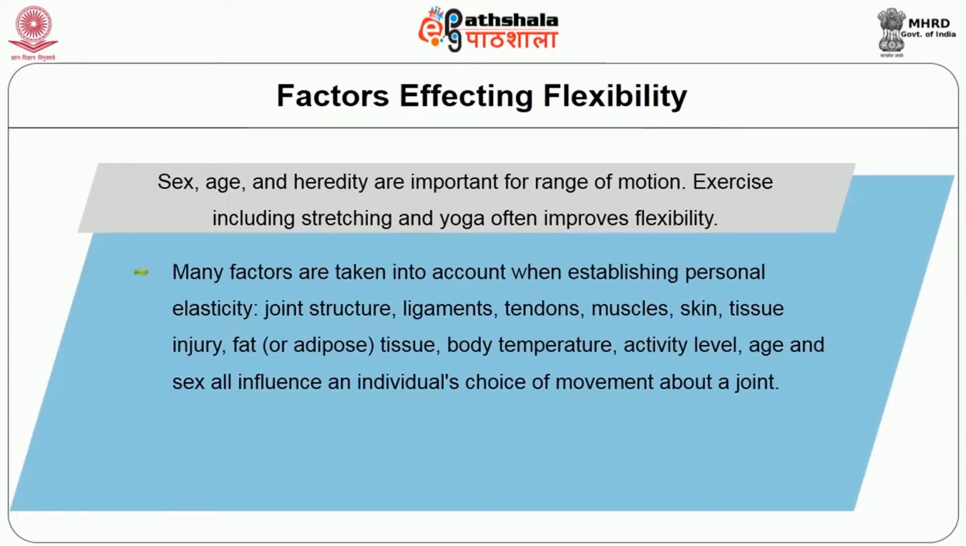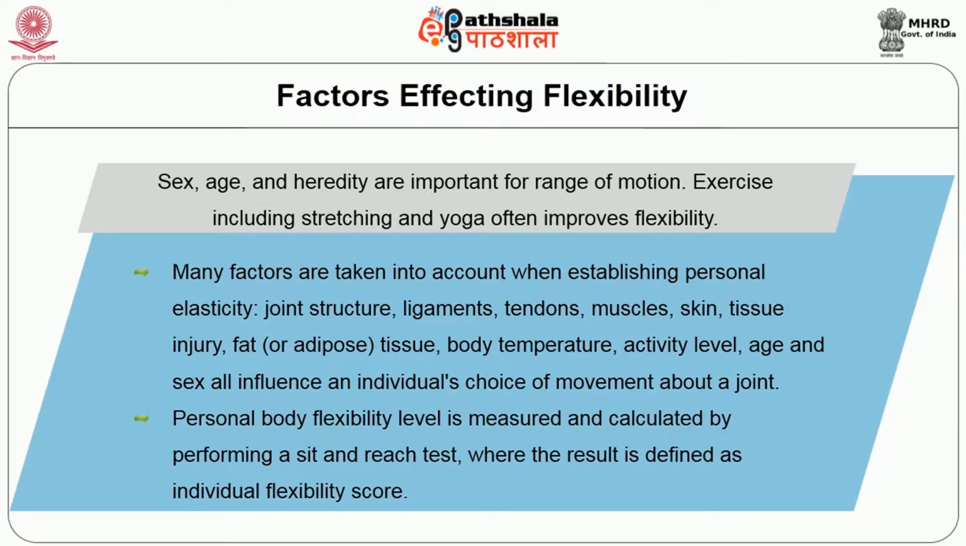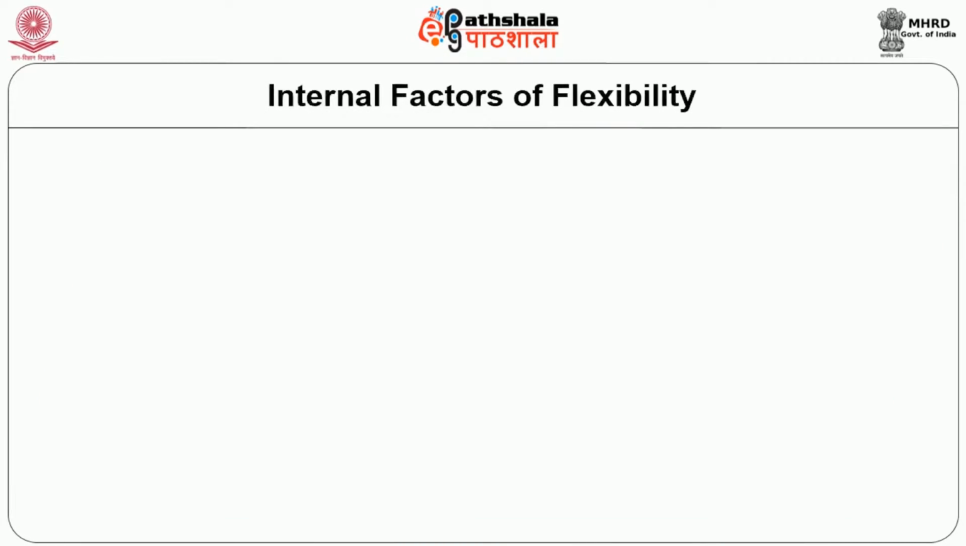Many factors are taken into account when establishing personal elasticity: joint structure, ligaments, tendons, muscles, skin, tissue injury, fat tissue, body temperature, activity level, age and sex all influence an individual's range of movement about a joint. Personal body flexibility level is measured by performing a sit and reach test, where the result is defined as the individual flexibility score. The internal factors of flexibility are: